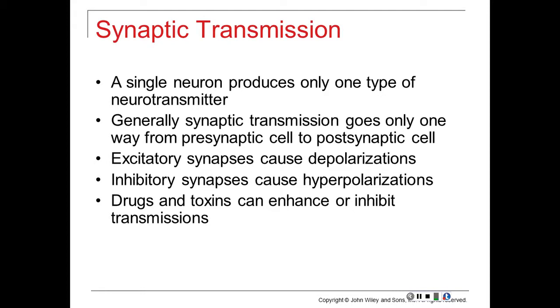So, in synaptic transmission, a single neuron produces only one type of neurotransmitter. Generally, synaptic transmission goes only one way, from presynaptic to postsynaptic. It doesn't go back up the other way. That's why we have sensory neurons, which carry information in one direction, and motor neurons, which carry information in the